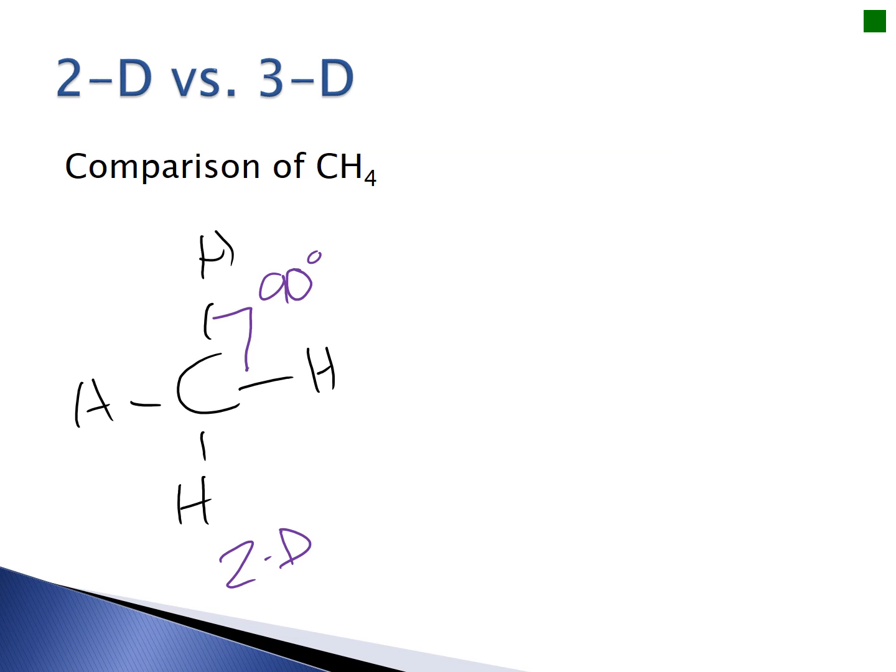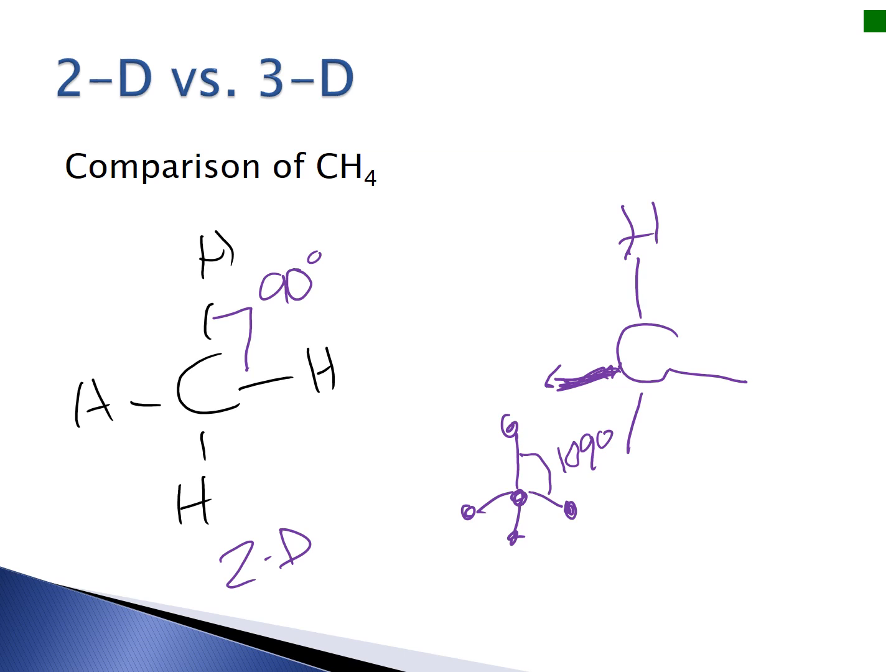So instead, what will actually happen is you've got this carbon and it's going to go up, and let's say that I'm going to draw hydrogen. But then one is going to go kind of in the back, and this is going to form more of a tripod. That's a really bad drawing of it. It's kind of like a tripod look, where each of these on the outside are your hydrogens. And by making them pop out, they are able to take on an angle of